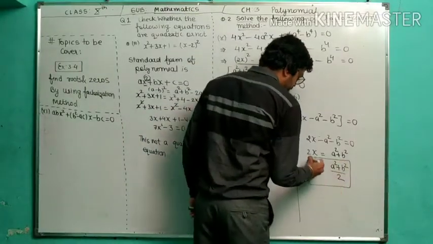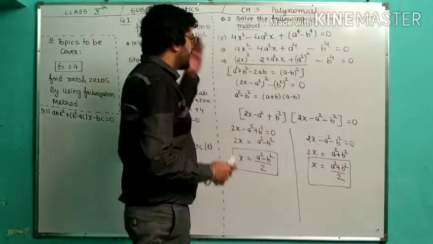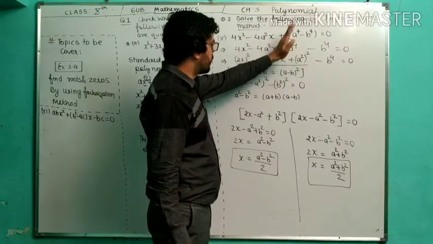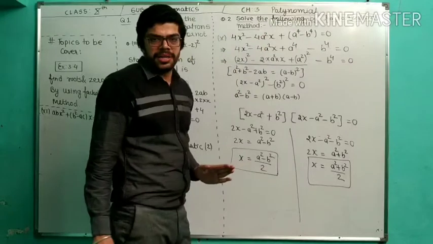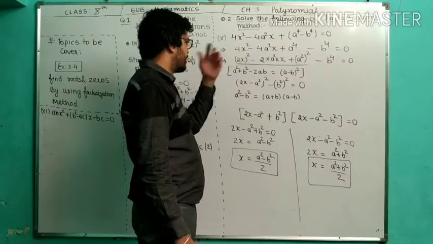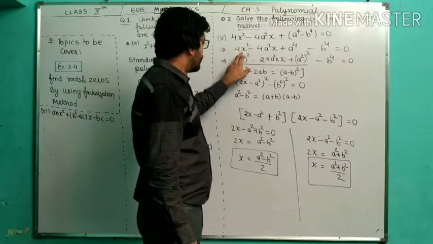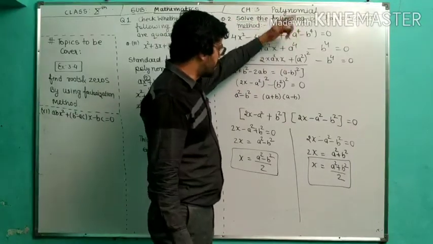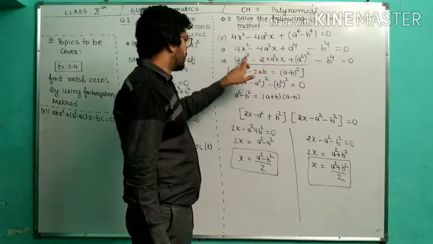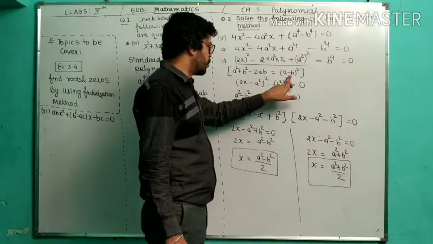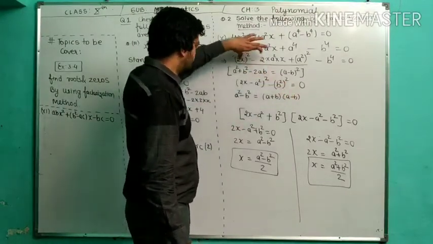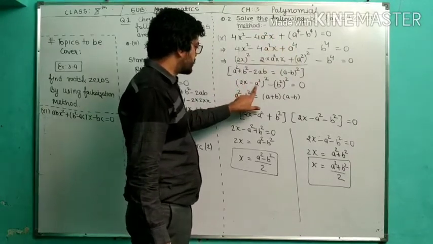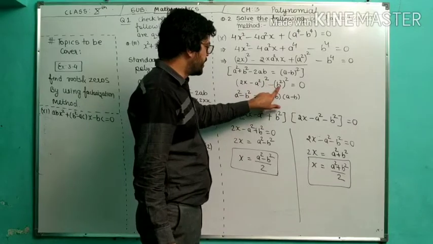This is very easy. What I did here, my brain is just telling me this is a square, which means some particular remaining part will come with this mathematical term. So I have taken this mathematical term and proceeded with it. You can convert this format because it looks like this: (2x) whole square, a², a². So it will convert in the form of (a − b) whole square. After applying this format and converting into the short format, we got (2x − a²) whole square minus b² to the power 2.